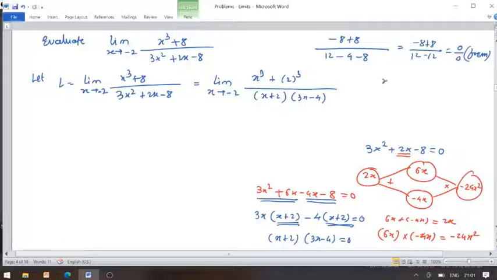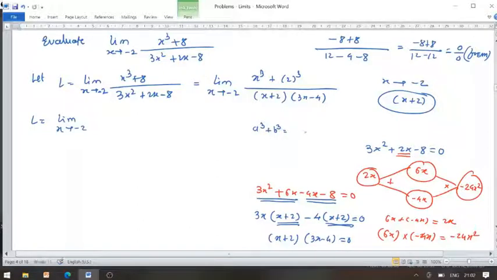Now once x tends to minus 2, so definitely x plus 2 is one of the factors of your numerator and denominator. So look at once we have the factor of denominator as x plus 2. Now we are finding the factors of numerator. So numerator is of the form a cube plus b cube. We have the identity a cube plus b cube is of the form a plus b into a square minus ab plus b square, where here a value we have as x, b value we have as 2. So let's apply the cubic identity.